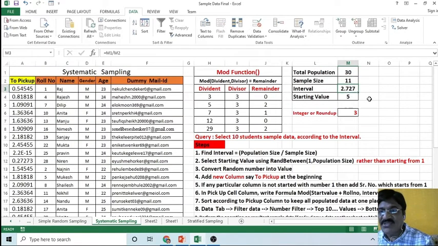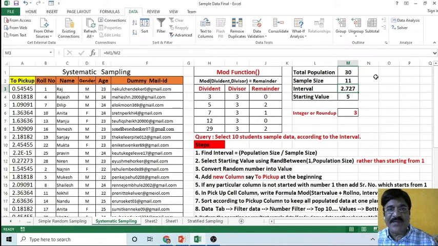Now your interval value is the population divided by the sample size, which is 2.7. Please remember your interval value should always be an integer. It should not have a fraction value. So what options do you have? Either select 2 or 3, meaning either ignore the fraction value or round 2.7 up to the next integer.